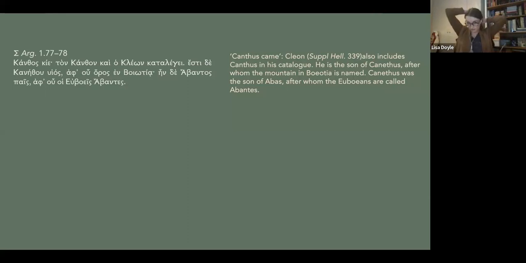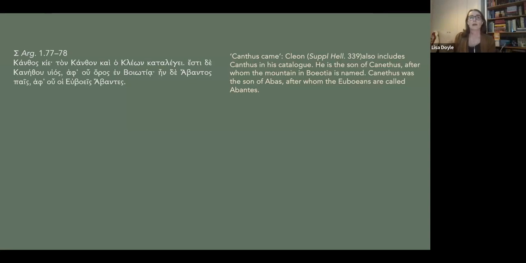So we're going to be thinking about mountains for a couple of minutes. And really, what I mean to do by this is to explain how Apollonius's commentators are relating to and thinking about the importance of place and space and cultural memory. What the Argonauts are doing as they're going on their voyage, they're leaving markers of their voyage in the landscape. The poem is really concerned with what we call etiology, so the explanations of causes and origins. So Apollonius is explaining the existence of a sanctuary or a cult and various things like this. They encounter various different peoples and places as well.